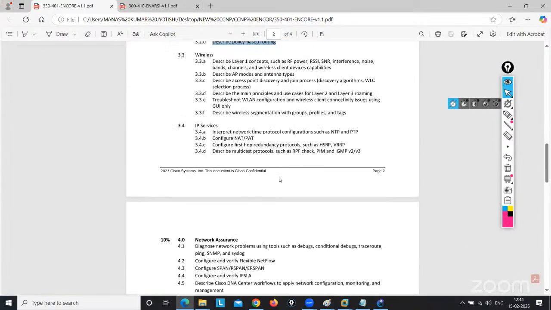Yes, this is the Anchor again. So NAT, I think it's clear to you from the CCNA part. But I will configure this one, NAT and PAT. Configure means I need to do the lab. How will NAT work? What is PAT? What is the other name of PAT? How does overload work? So these things.